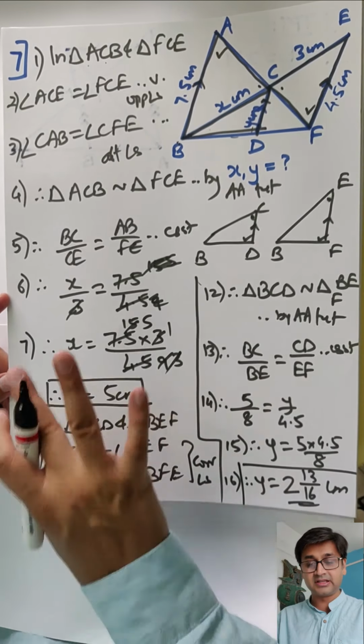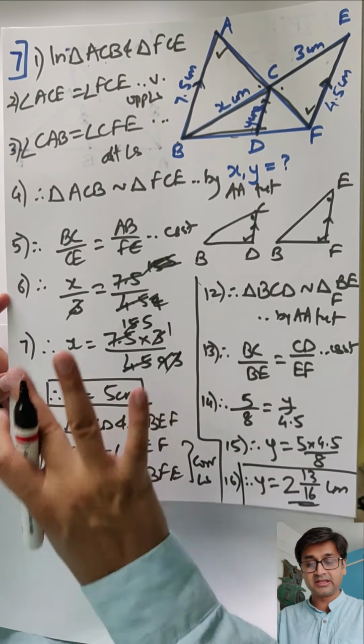Sum number 9. Come on everybody, 9 is a good question. I want you to think how to go about it. PE double of PD is what you have to prove. These two are parallel, and M is the midpoint, is what they said. It's tough. Not tough, but you have to use a lot of logic. So please be with me for the start. Listen to me carefully, okay?